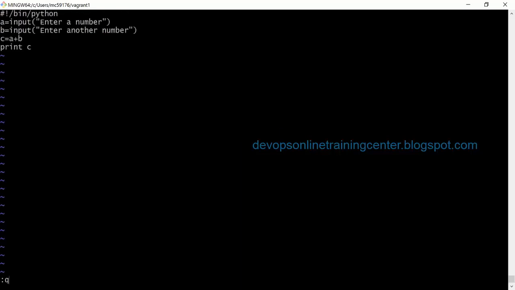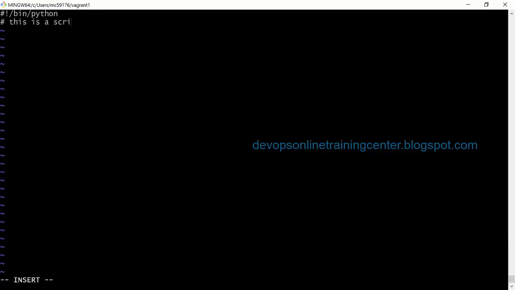Now let us see some conditional statements. The user enters something from the keyboard and we need to tell if it's a positive number, a negative number, or 0, right? So I'll open another program, sample3.py, and I'll write the shebang line. Then this is a comment, it will not be executed.